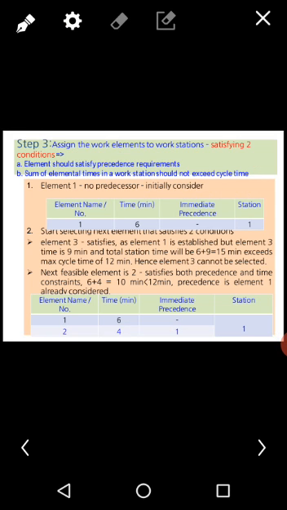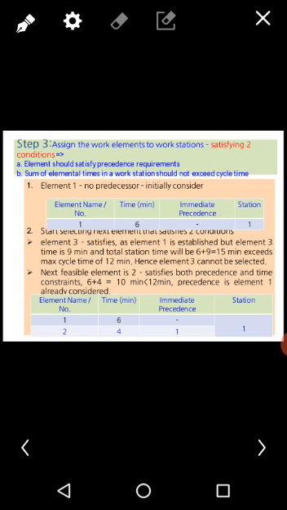If you want to assign work elements to the workstations, we need to satisfy two conditions. Which are the two conditions? The element should satisfy precedence requirements, that is one thing, and the second thing is that the sum of the element times in the workstation should not exceed the cycle time. Here the cycle time is given, that is 12 minutes. It should not exceed 12 minutes. It should be equal or less. Got it? Right. Now we will take